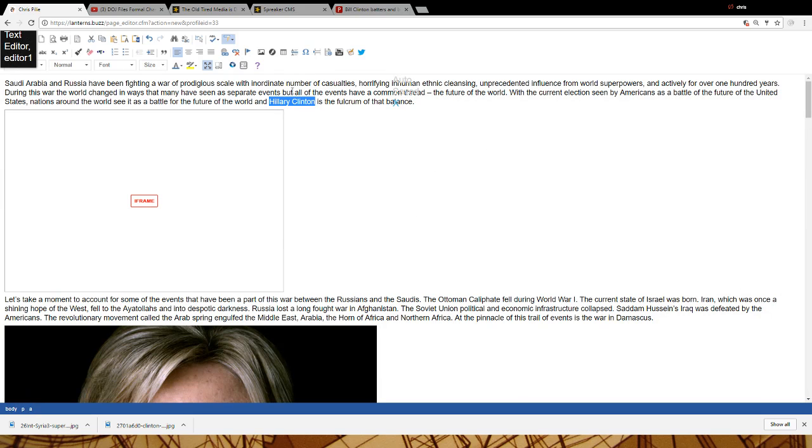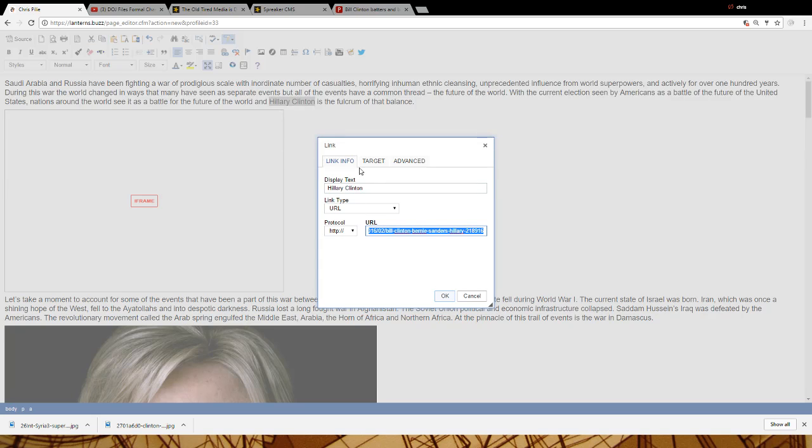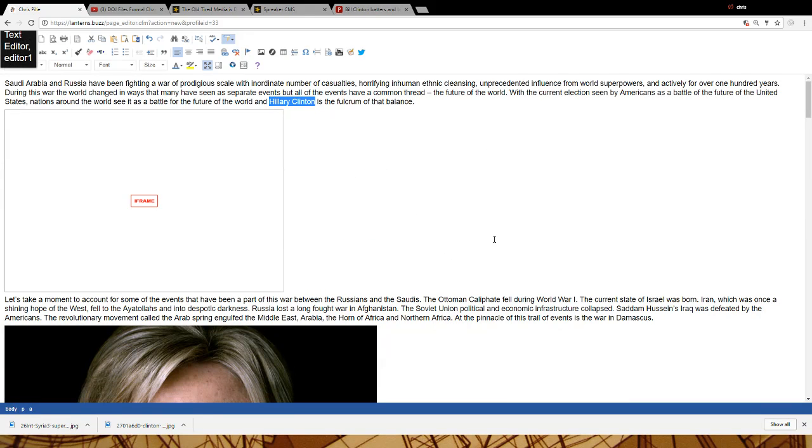Okay, so basically, if you had to go back and change or edit the URL that you put in here, you could just highlight that again and just hit this link right here, and it'll give you the ability to change any of the content in here. Okay. All right, so